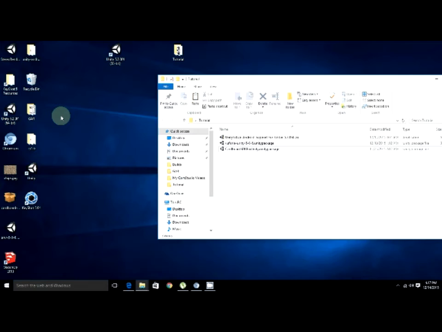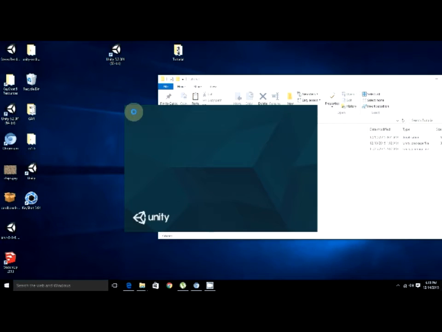Welcome back to AR/VR Android application for Cardboard with Unity, part 2. In our previous tutorial, we downloaded the essential files required for this project, which are the Cardboard SDK, the Vuforia package, and the Android support, which is the 32-bit version. Now, moving on, we will set up Unity for the project.